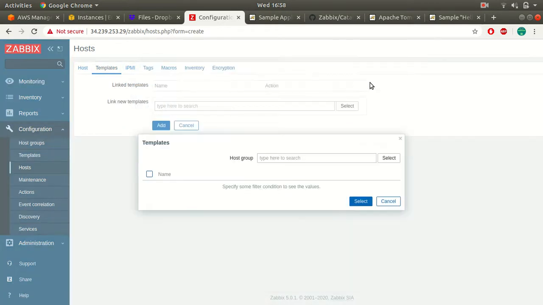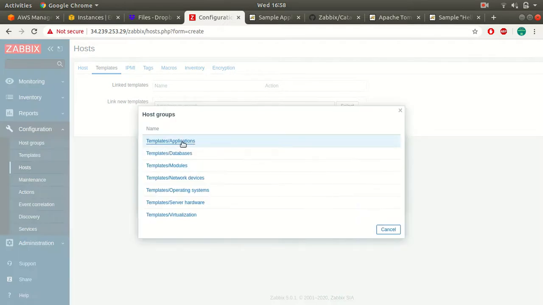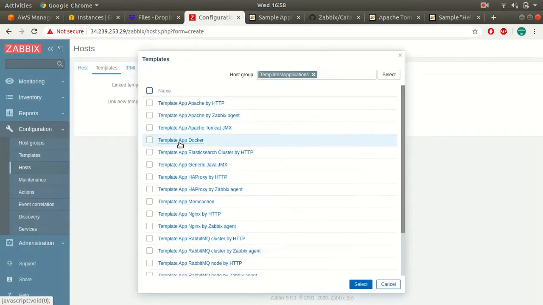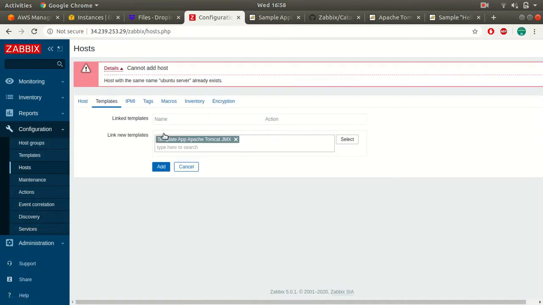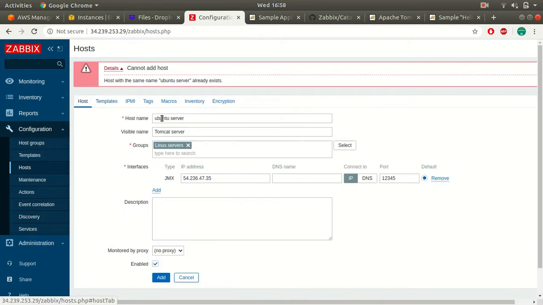So here click on select, go with templates/applications, and then here you should see this template, App Apache Tomcat JMX. Select and add this. Now one important thing, okay, so it already exists.